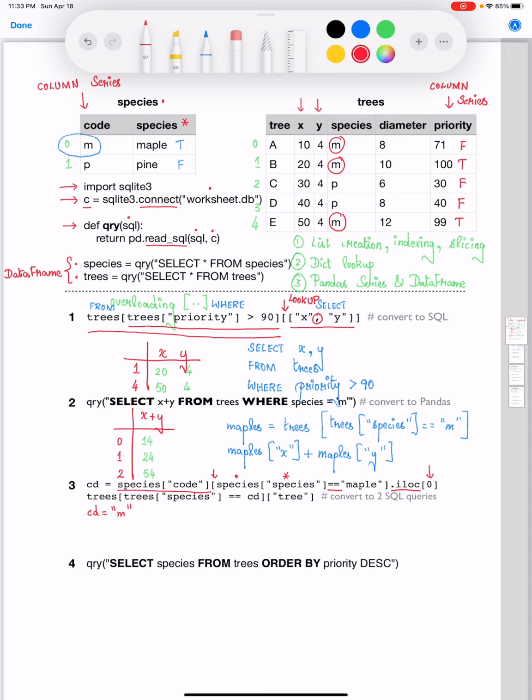What are we doing next? We are writing a Boolean expression which says trees of species equal to cd. Trees of species is going to refer to the species column series within the trees data frame. We are simply checking for the rows which have the value within the species column as m. Then what are we doing?